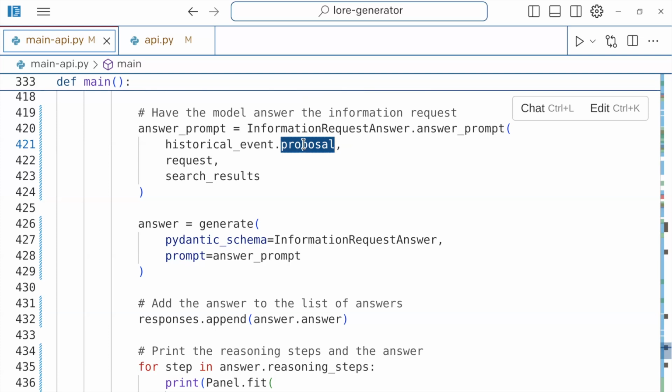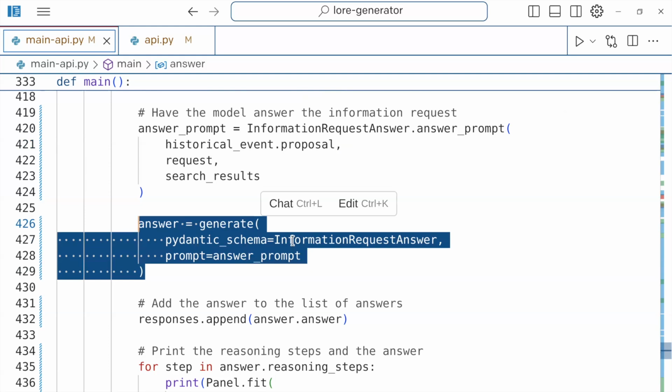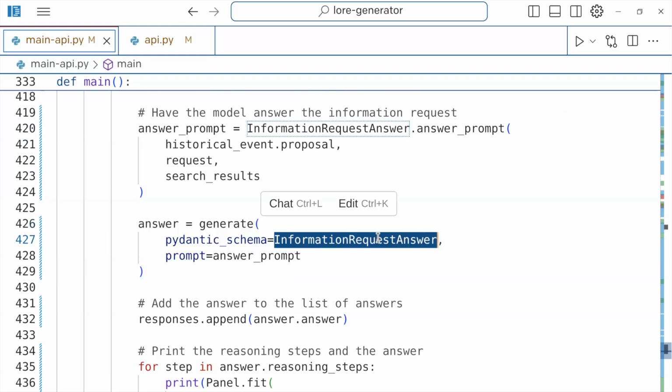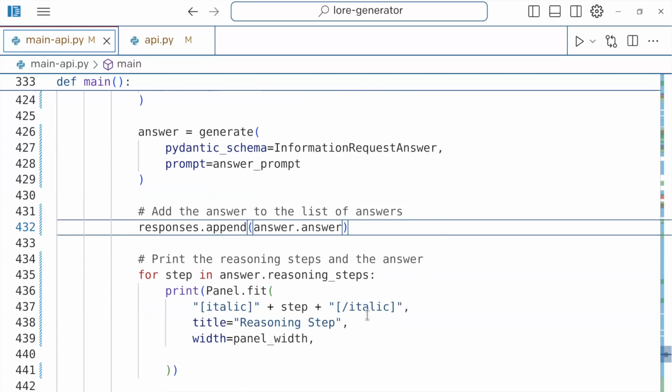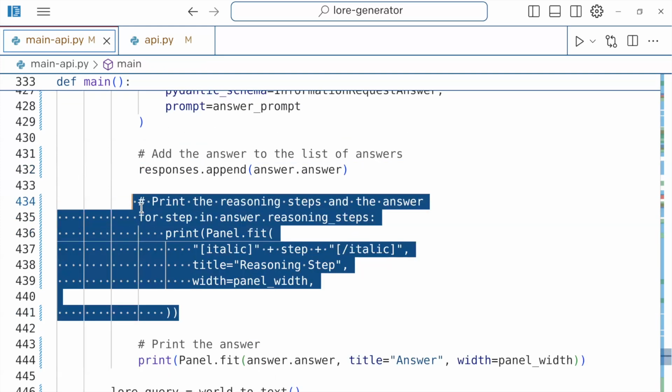Please tell me, can the question asked be answered by what's inside of the vector database? Okay. Then we pass it to our model, get an information request answer object out, and append it to answer.answer. Then we can print some reasoning steps just because I think it's interesting to see them. I always think they're super interesting.